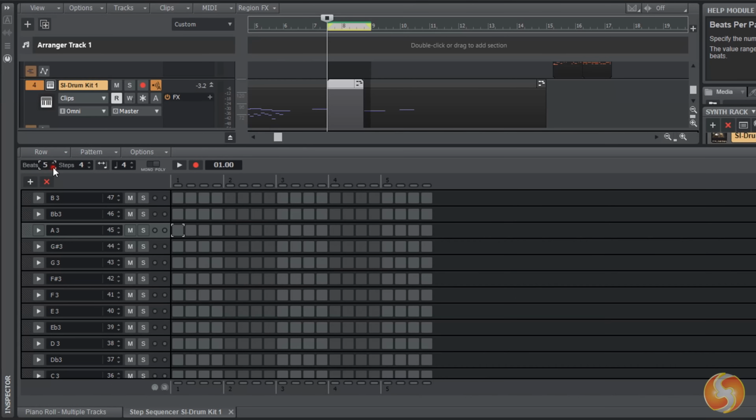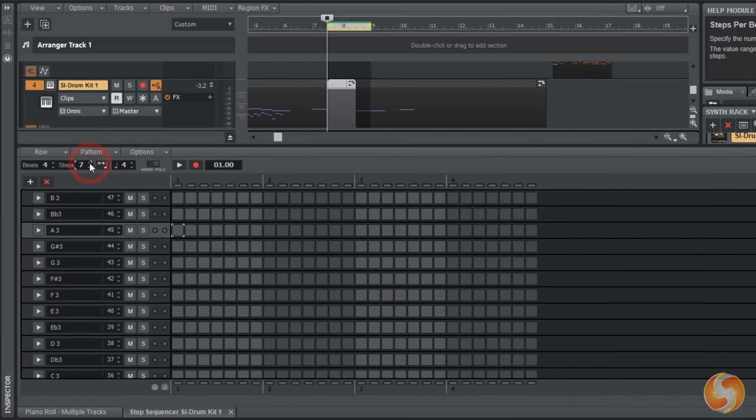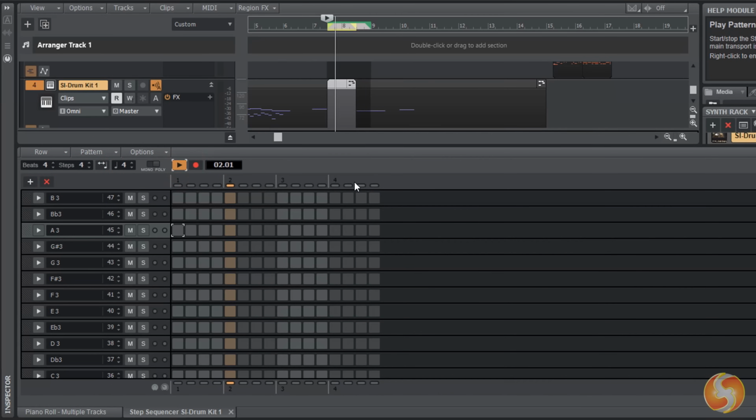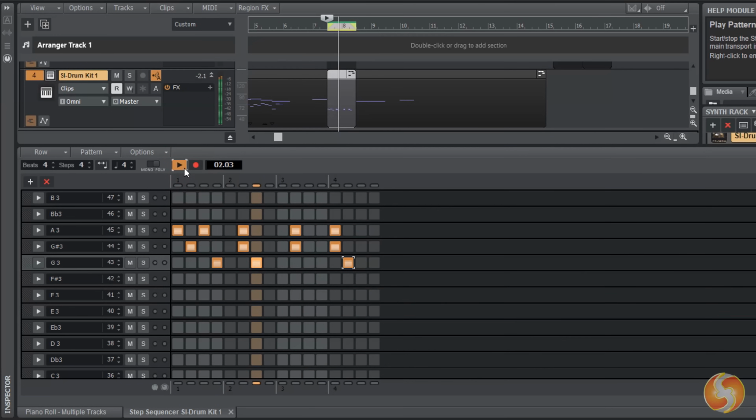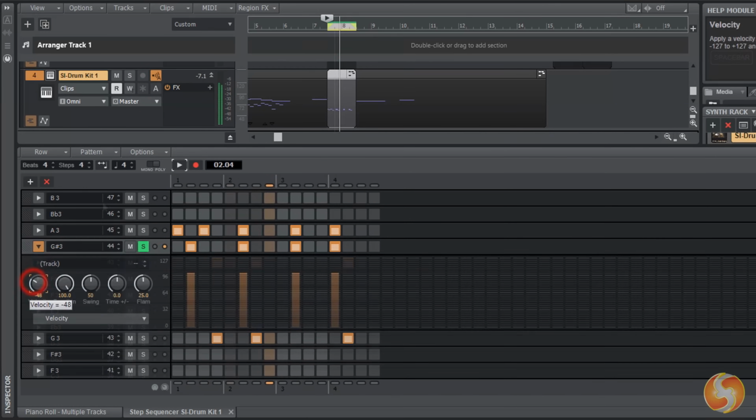Set the pattern beats and steps above, and use the play button to play back in loop while turning on and off the correct steps. On the left, set several options for each note. You can put the whole row in mute or solo. Adjust velocity, duration, or swing. These can be adjusted step for step as well.